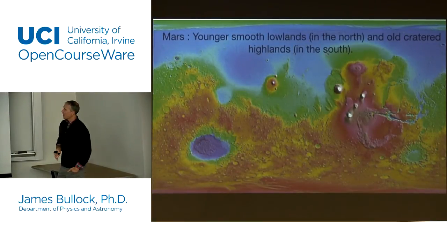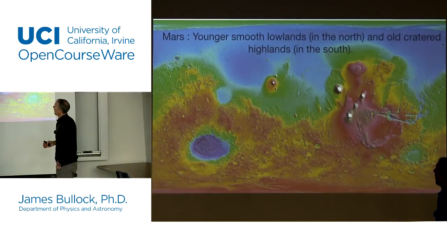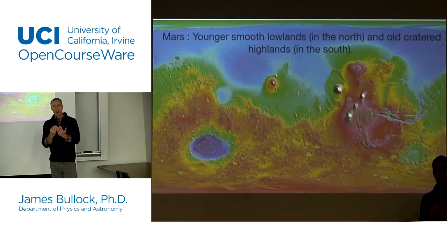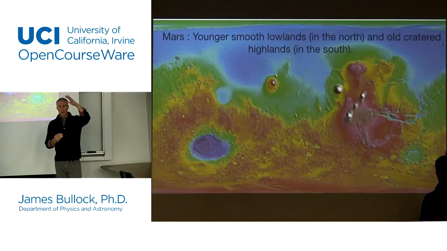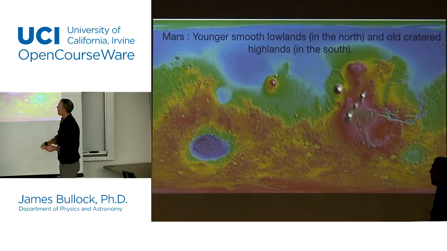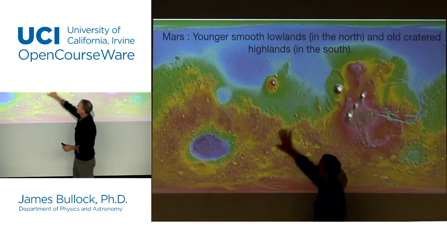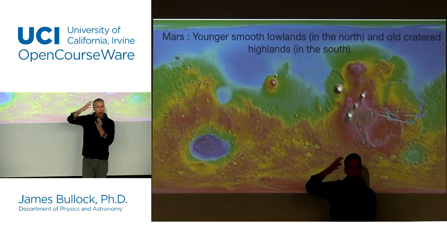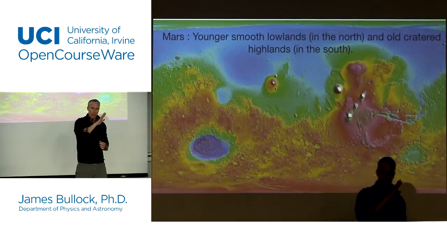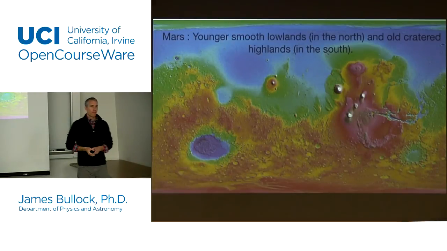What's shown here is a topographical map of Mars. And what you see is that in the north, basically the whole northern half of Mars is lowlands. That is, it has lower altitude than the south. And it's also very smooth, where the south is older and cratered and pockmarked. Up here, the northern half of Mars is this smooth thing. And if you look at this long enough, it almost looks like an ocean basin.